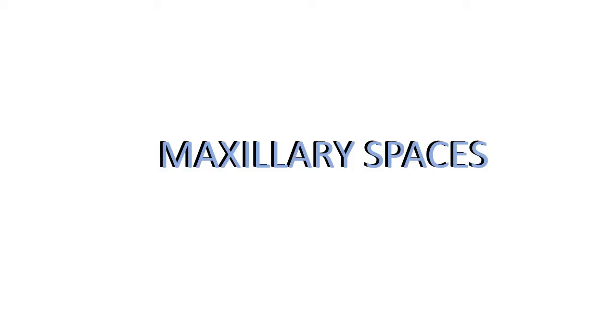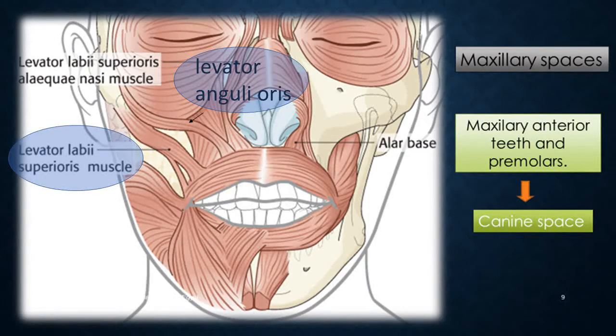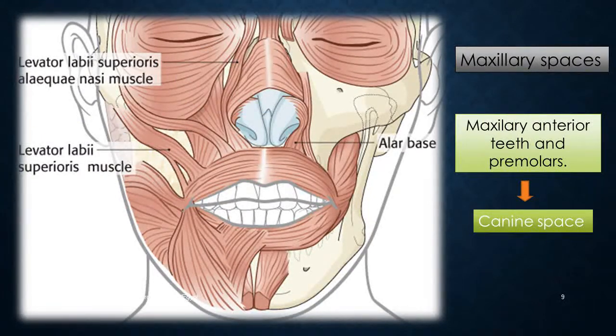Maxillary spaces. The canine space, also termed the infraorbital space. It is located between the levator angularis muscle inferiorly and the levator labii superioris muscle superiorly. Boundaries. The boundaries of the canine space are: the nasal cartilages anteriorly, the buccal space posteriorly, the quadratus labii superioris muscle, levator labii superioris, superiorly, the oral mucosa of the maxillary labial sulcus inferiorly, the quadratus labii superioris muscle superficially,